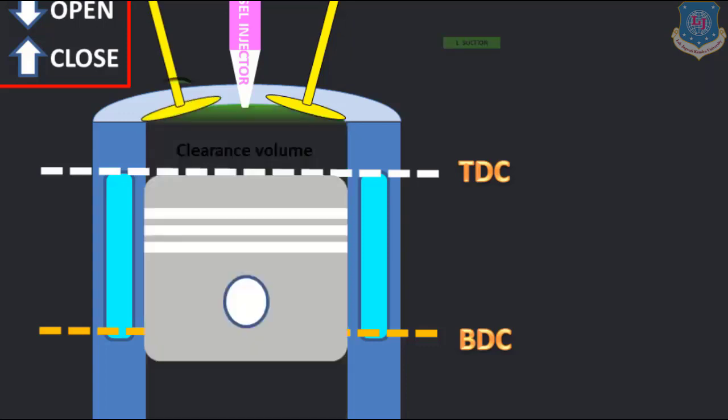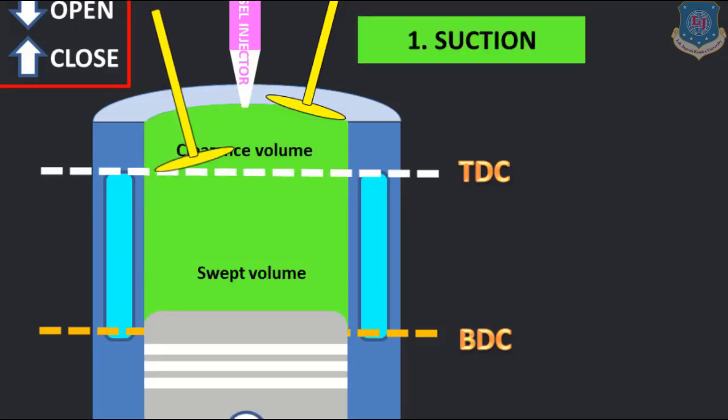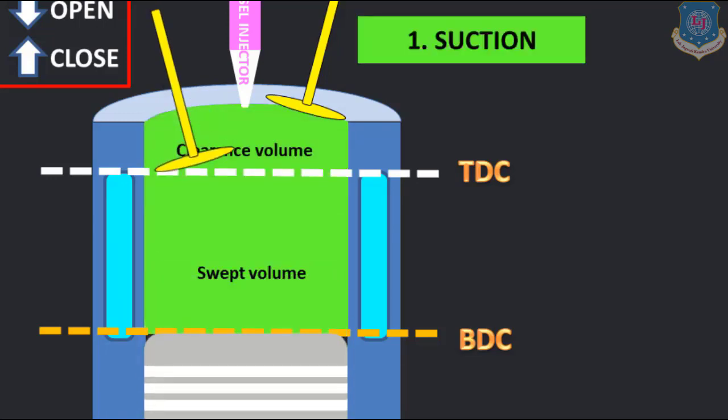So let me show you again. Sorry, the inlet valve is first opening and thereafter the piston will move. So the inlet valve opens, now the piston is moving and it reaches BDC. So this was our first position when the inlet valve opens. So now you can clearly see that the inlet valve opens before TDC. That was the first notation. If you want to take a note, you can note it down.